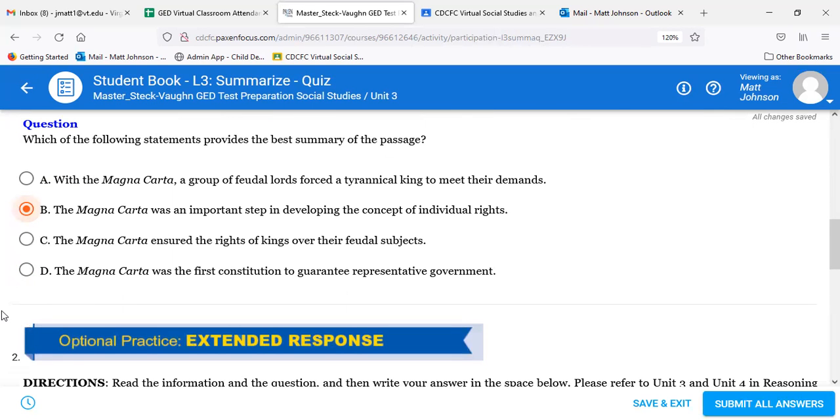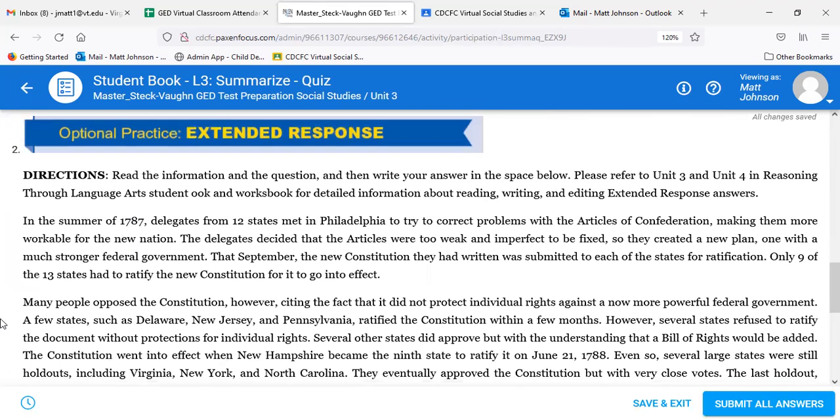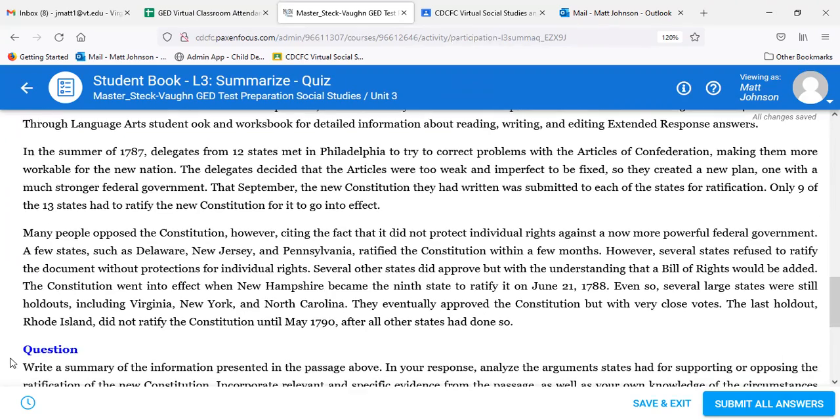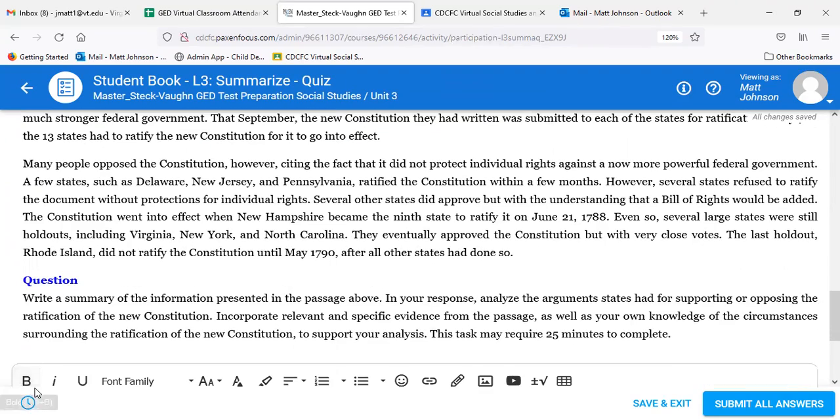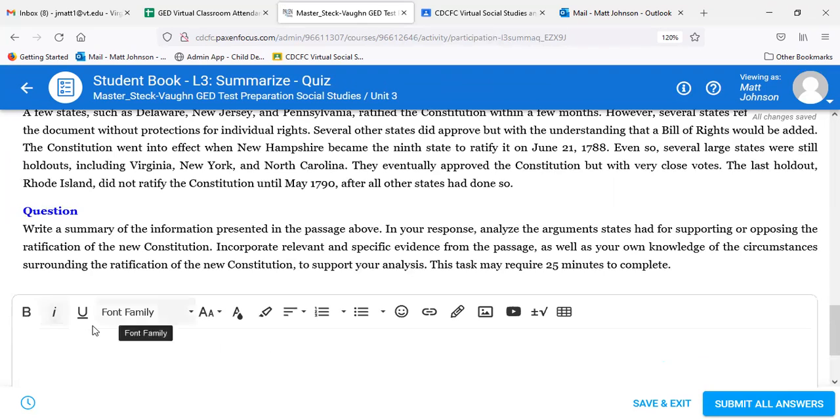Okay. And yeah, so here we're going to have a long passage. I want you guys to focus on thinking about the main points. I'm going to read through it nice and slow. And this is where, if you have something to write down some of the main ideas as we get to them. And then what we're going to do here, I'll go ahead and show you the question, right? So we understand what it is we're looking for and what it's asking. So it's just write a summary of the information presented in the passage above. In your response, analyze the argument